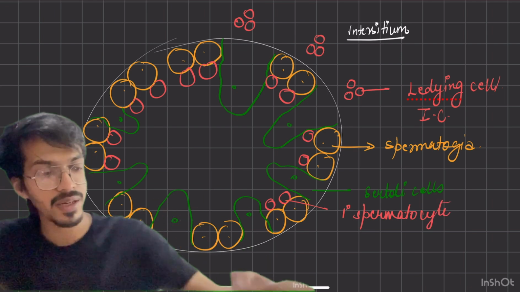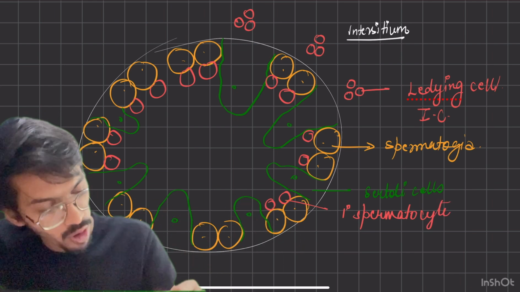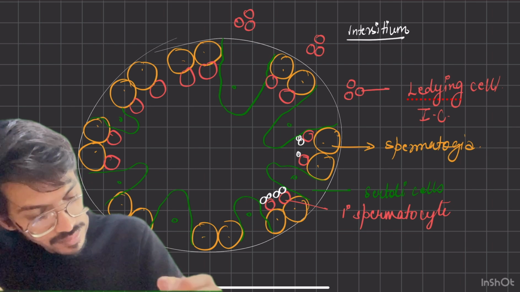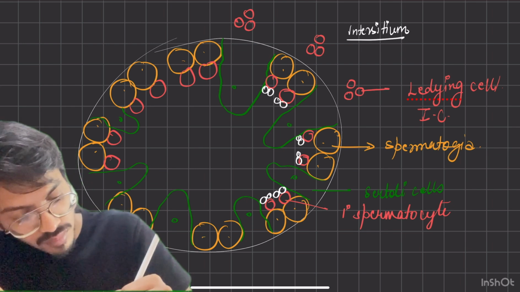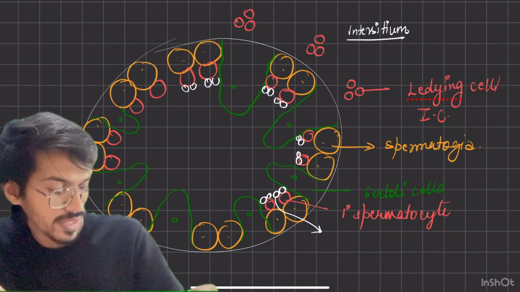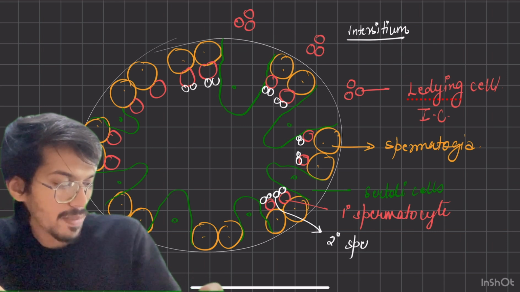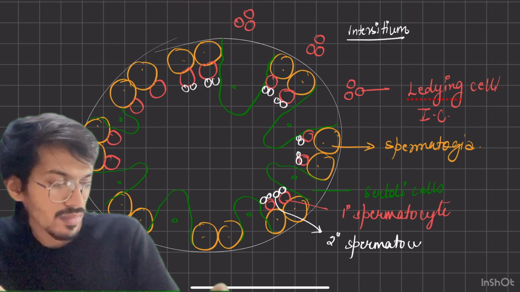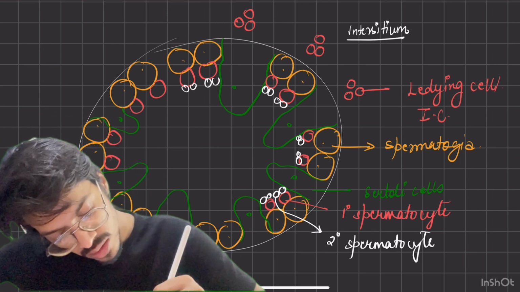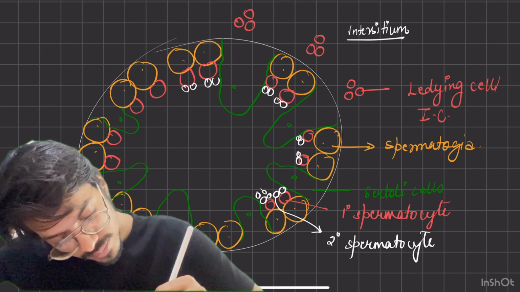This primary spermatocyte will form secondary spermatocytes. I am just making it over here, not much. That is the secondary spermatocyte. Now these secondary spermatocytes will change into